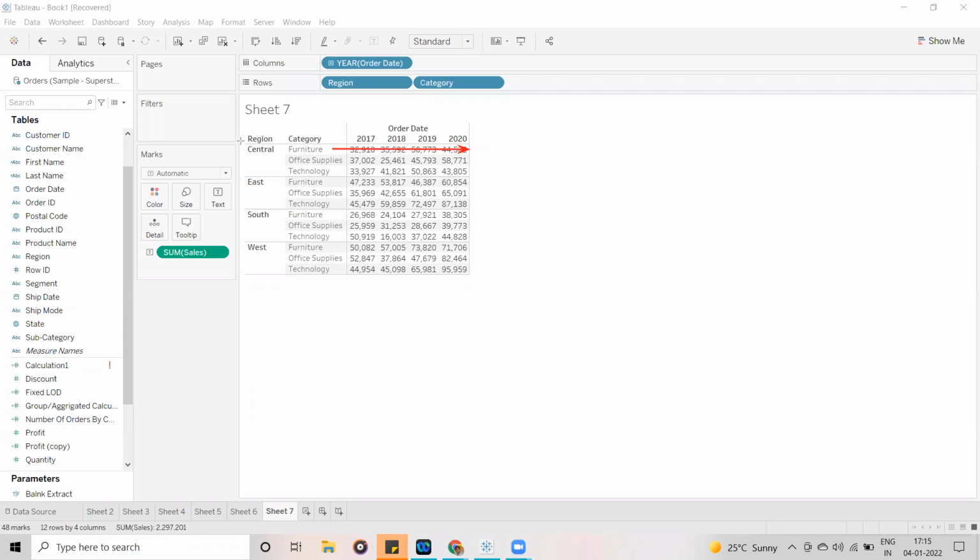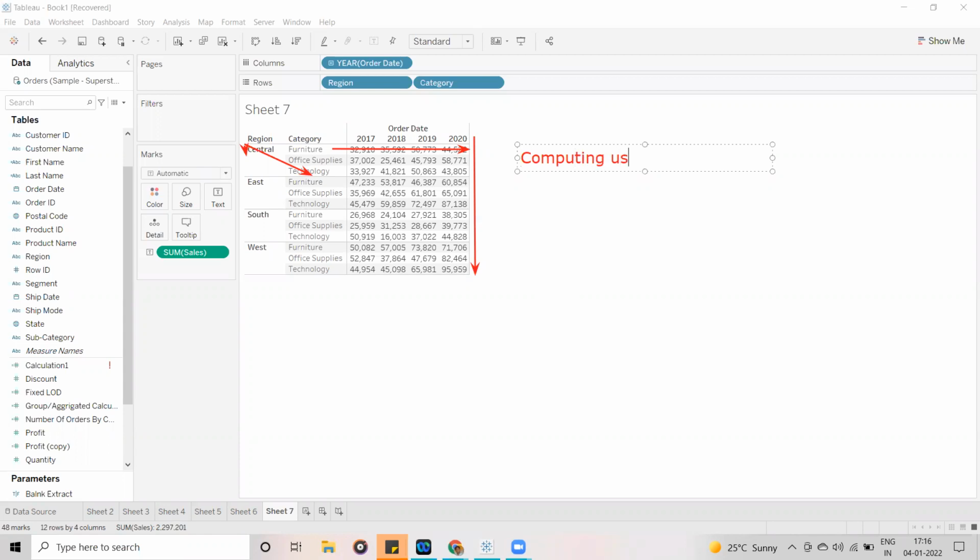Or if you want to provide the ranking for the entire Central section, then you take pane-wise. Or if you want to give the ranking in a top to bottom direction, then you select a different approach. How we select this is with the option called compute using.